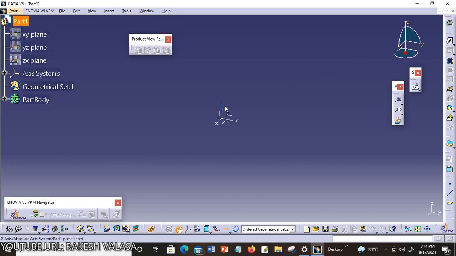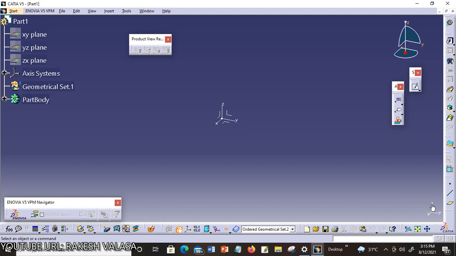Next one is planes. Default planes. By default, three planes are displayed at the center of the CATIA user interface. That is XY plane, YZ plane, ZX plane. You can use any of these planes for drawing the sketch of a model shape. The orientation of a model depends on its sketch. Therefore, you should carefully select the sketching plane for drawing the sketch of the model.